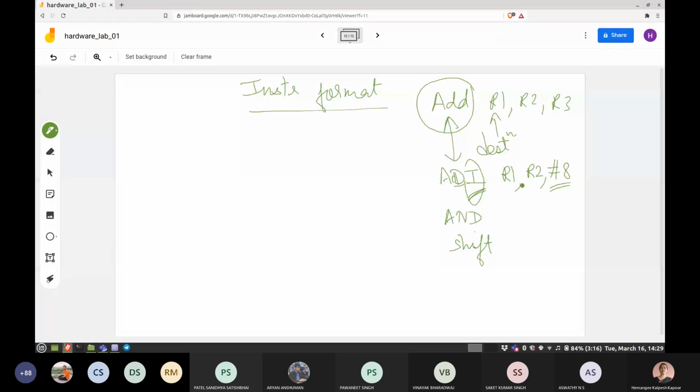But how do you distinguish between the two instructions? Therefore, you should have a different opcode assigned to each of these. All right, so we'll now discuss that.